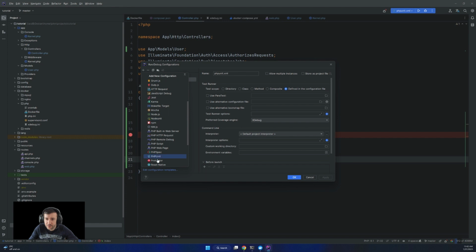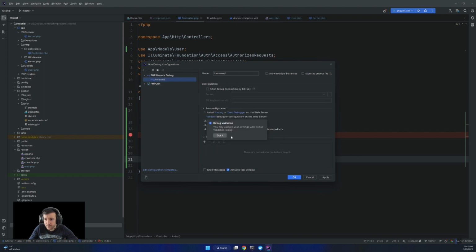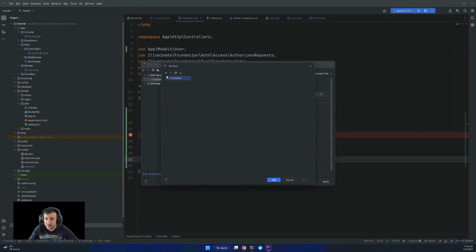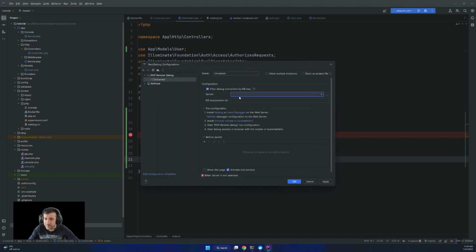and I'm going to add a new configuration in here, and it will be remote debug. Okay, and server, I'm going to add a new server. So say remote xdebug. I think we need to adjust this after.